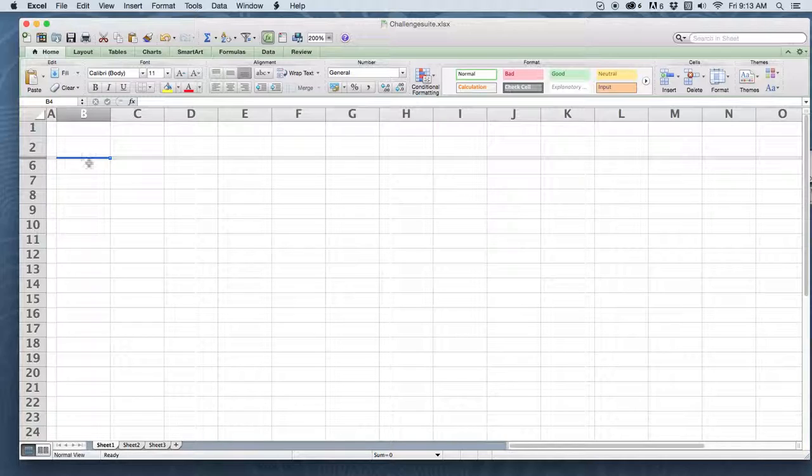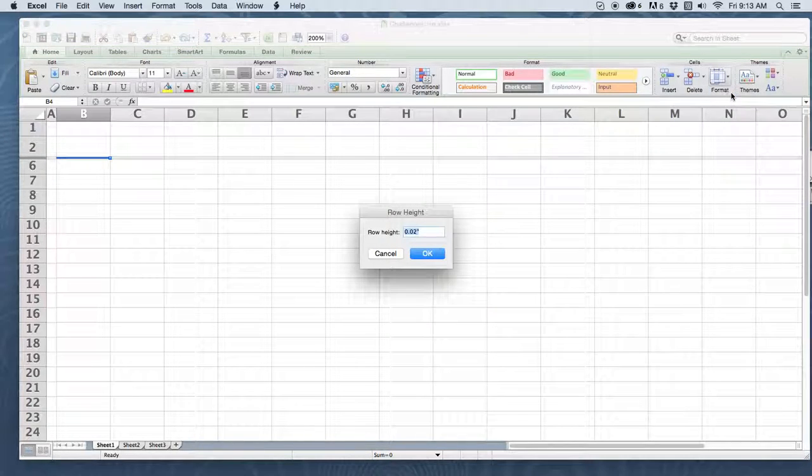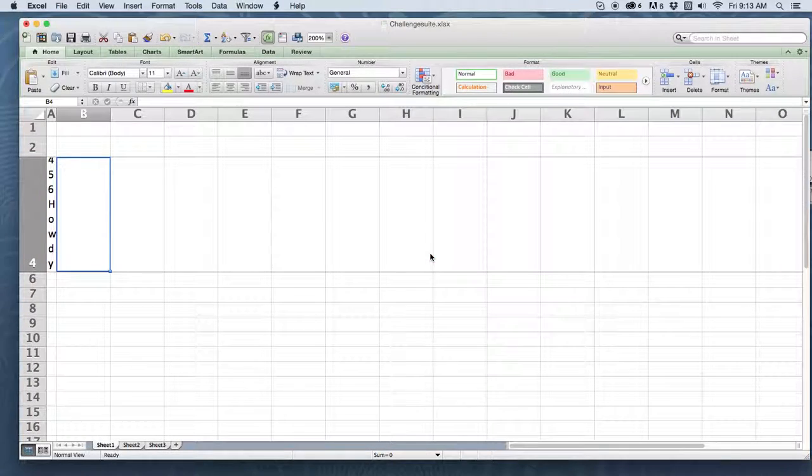If I select on one of the rows, which is now a very small line, and in the ribbon on the Home tab, I look at the Cells panel and Format. Here I'll find row height. I could see the row height set here is at 0.02. If I change that to 1.5 inches, so now I'm looking at 1.5 inches, and say okay, I've now recaptured